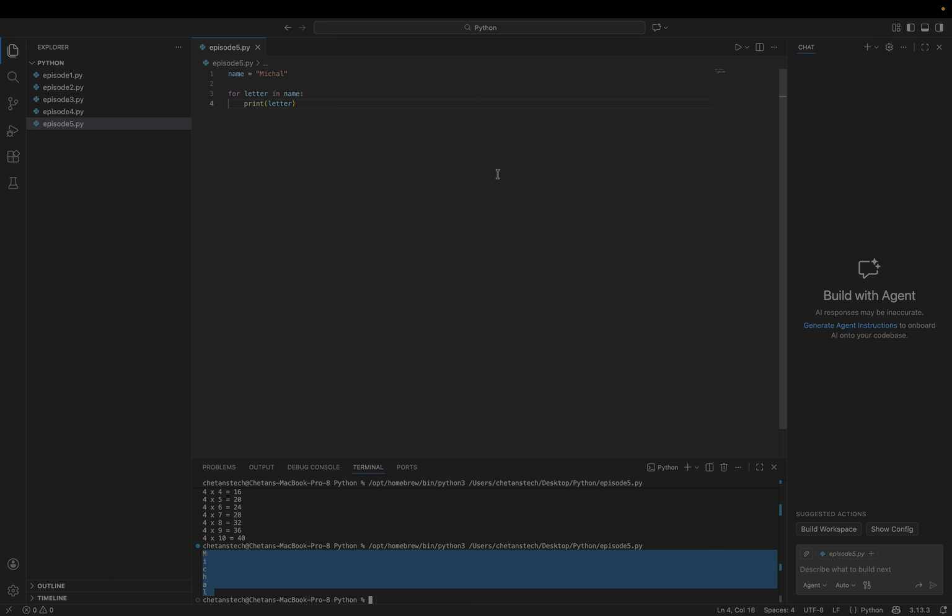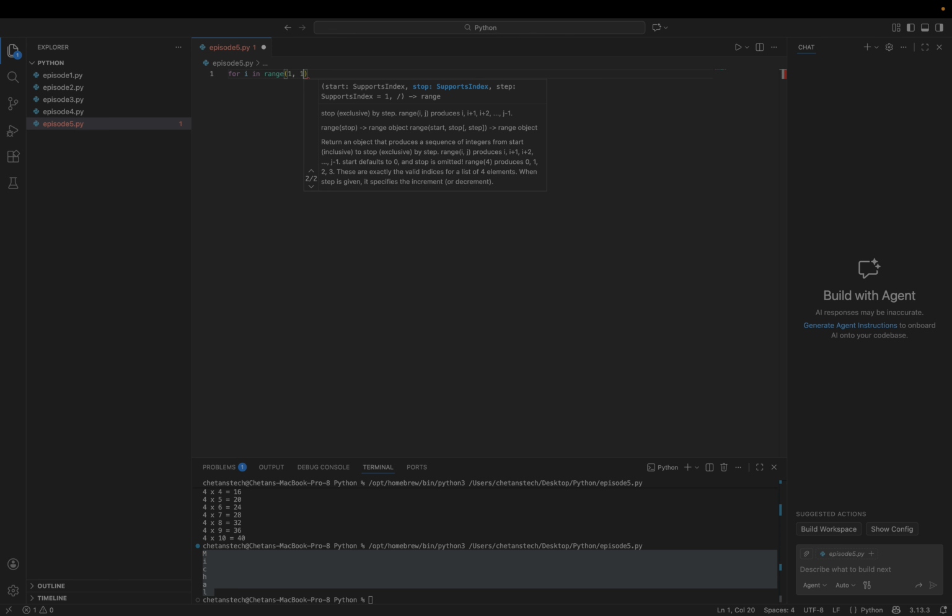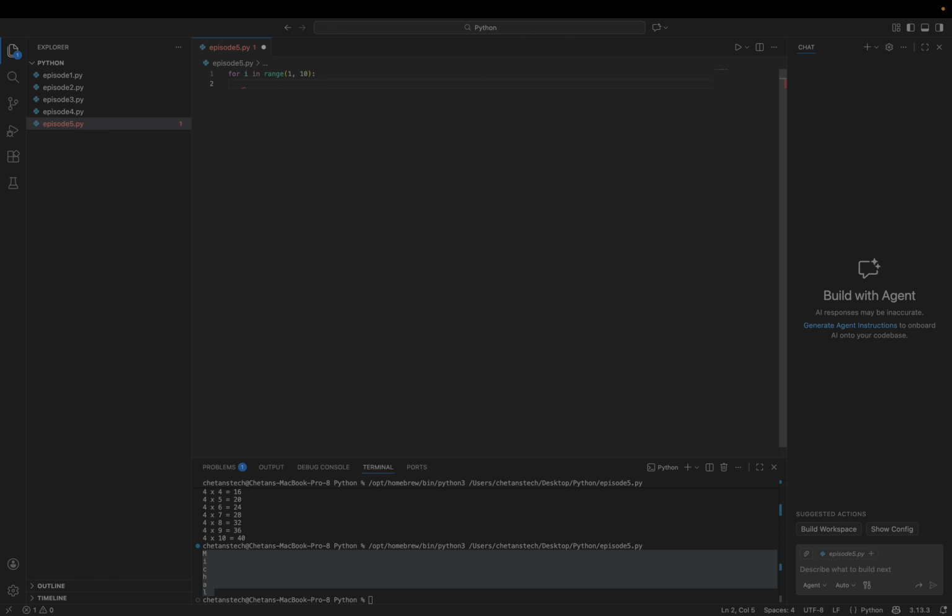Sometimes we want to stop a loop early, and here comes a very important concept which is called break. So for I in range 1 to 10, if I equal to 5, break, print I. Break immediately exits the loop.